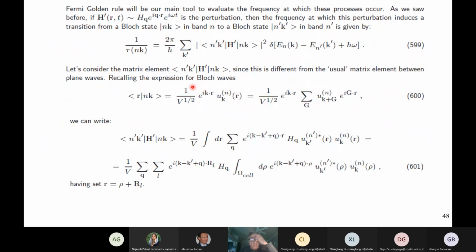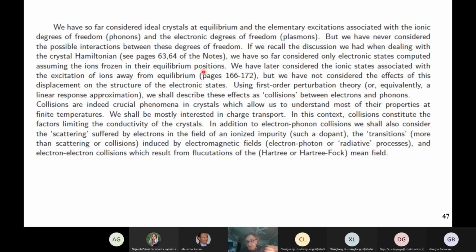Okay, lots of talks that I got from here. So we're going to use Fermi's golden rule. The idea, as on this slide, is that so far we've dealt with ideal crystals at zero temperature, and looked at their band structure. Then we've looked at the ionic component of the Hamiltonian and looked at what happens